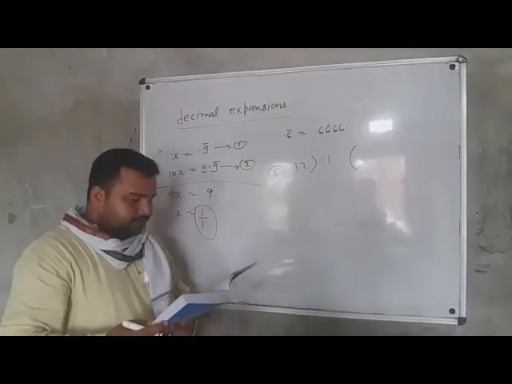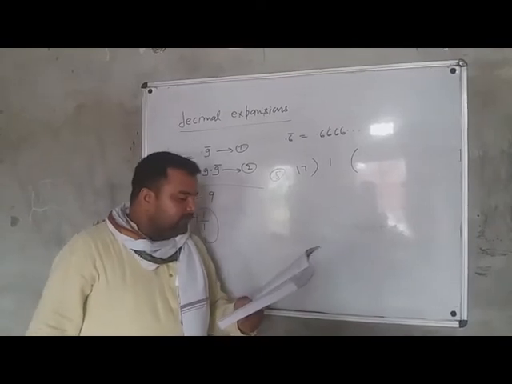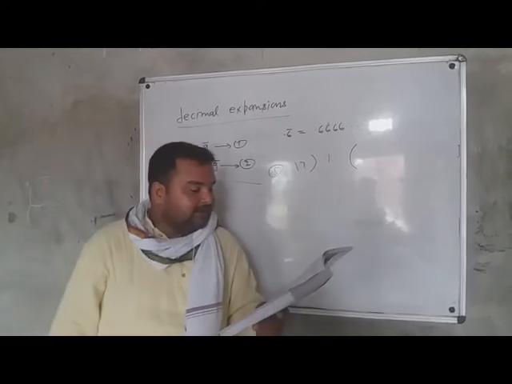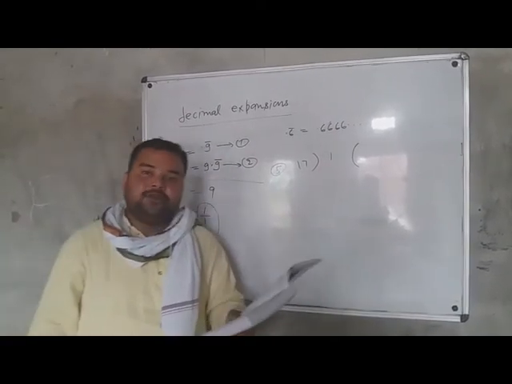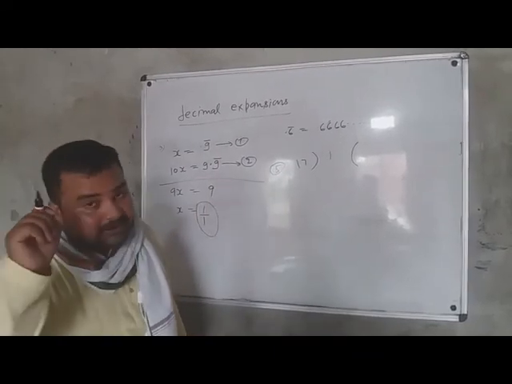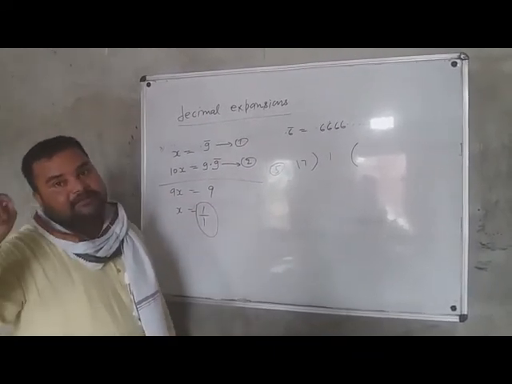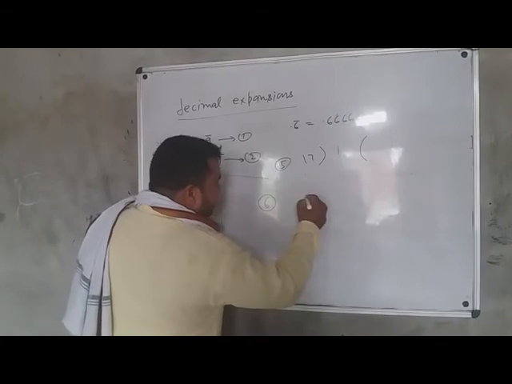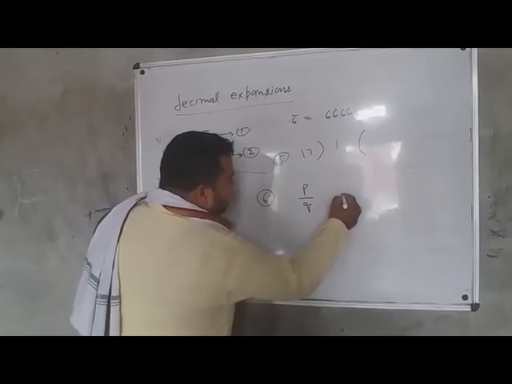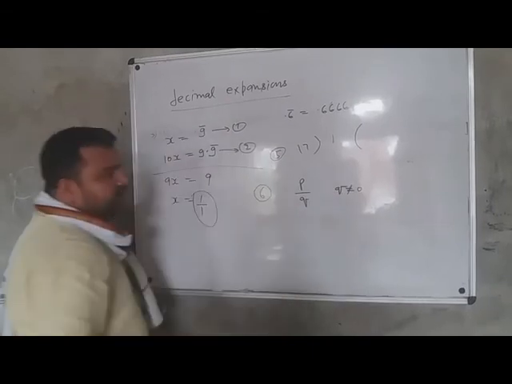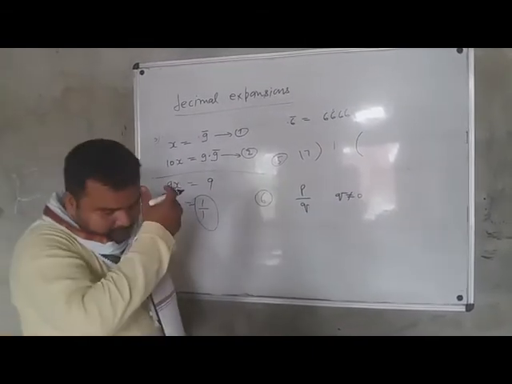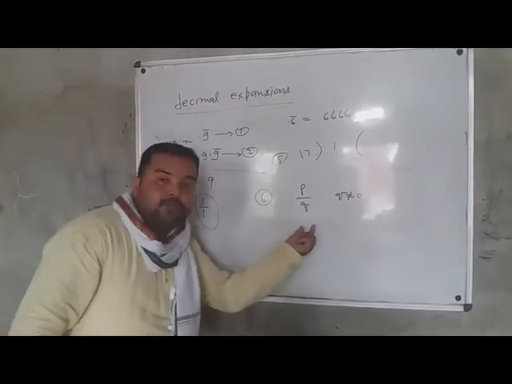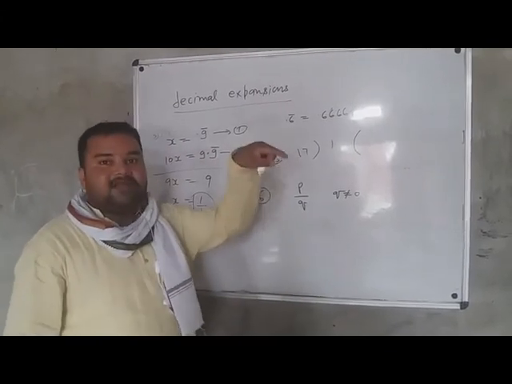Now question number 6. Look at several examples of rational numbers in the form p by q, where p, q are integers with no common factor other than 1 and having terminating decimal representations. Can you guess what property q must satisfy? Yes, it is a little tricky question, but it is as simple as that. Beta, when we write p by q, where q not equal to 0, it is the form of rational numbers. Very good. So in the question it is being asked what property q must satisfy to make this rational number a terminating number.